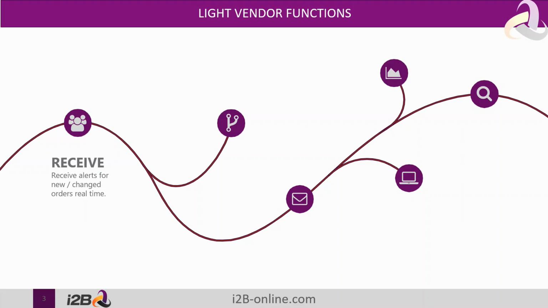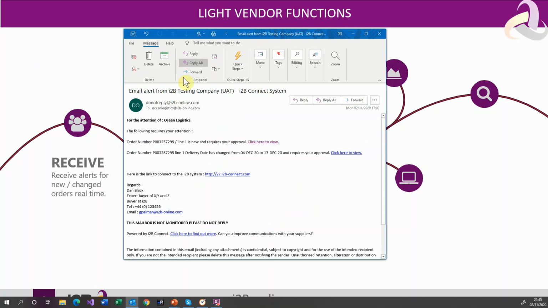The email will look something like this. It will, in the subject, say there's an email alert from, in this case, the i2B testing company, but in reality, that will be from one of our clients using the system. So Greco, Weir, Centrica, Princes, etc. And it will be for the attention of yourself, and it will just give you a very brief description of